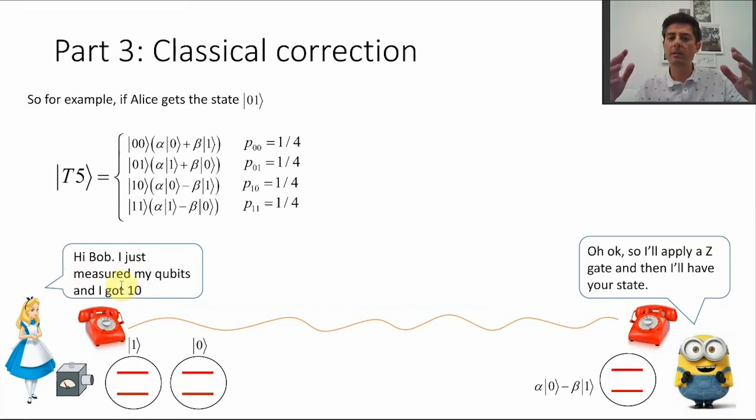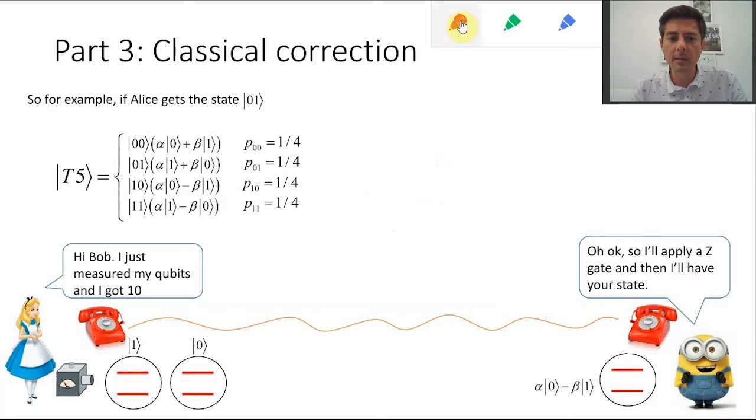Now because they've already worked out what this circuit is going to do, Bob knows that if Alice gets 1, 0, then the state that he'll have should be the state, but just with an extra minus sign. Now he can get rid of that minus sign by applying a Z gate, because remember, a Z gate, what it does is